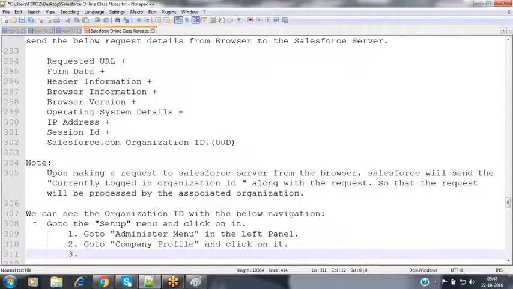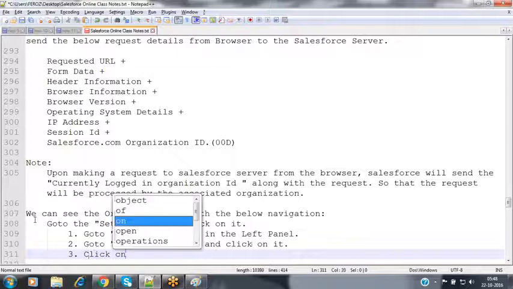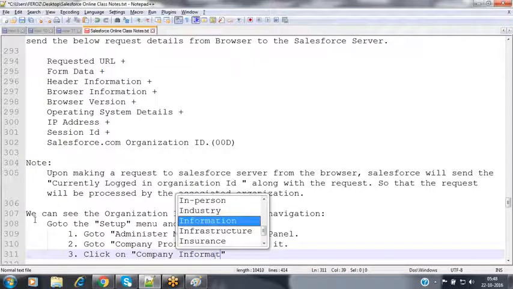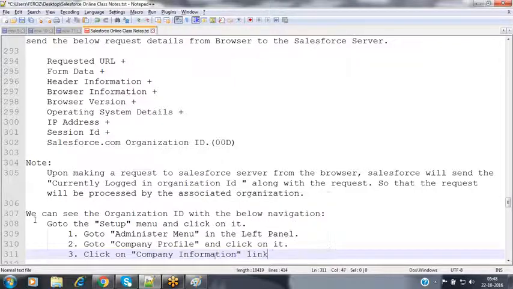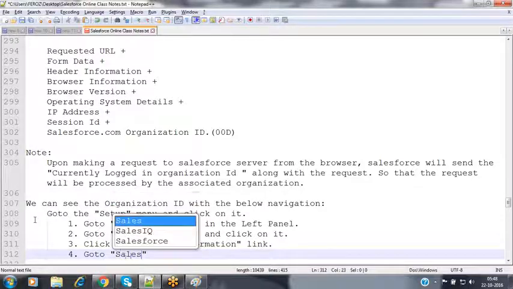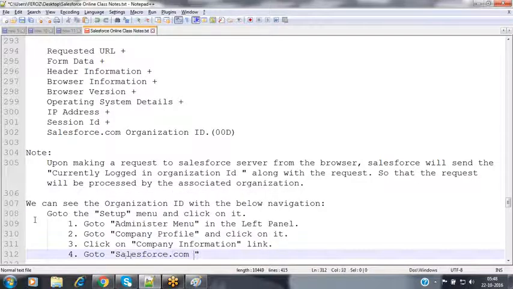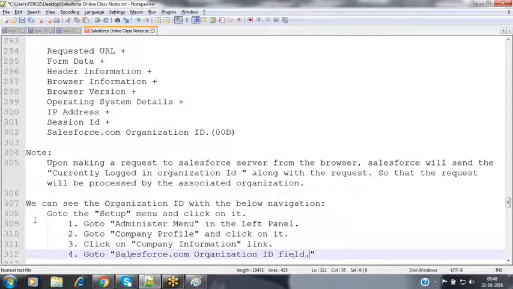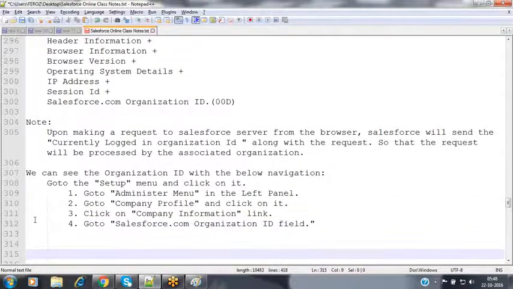And the third step is to click on the company information link and go to the Salesforce.com organization ID field. So this is the navigation we have to use